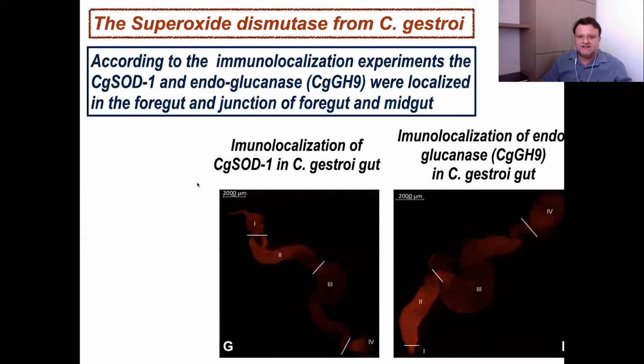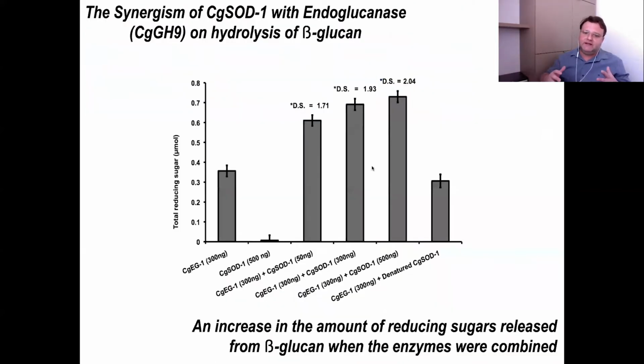We did immunolocalization studies. It is located and produced in the initial compartments of the termite gut, as well as the endoglucanase, which is also produced in the initial part of the termite gut. So the superoxide dismutase is sharing the same compartment where this endoglucanase is produced. And we did biochemical studies combining the endoglucanase and the superoxide dismutase. And we found when these two enzymes are combined, we could appreciate a synergistic effect